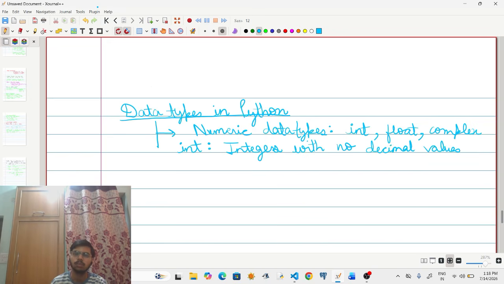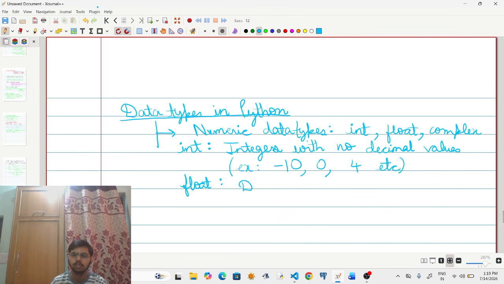You can say they are whole numbers. Along with whole numbers, integers are also negative. Let me give an example. Suppose -10, 0, 4, and so on. So these are integers.